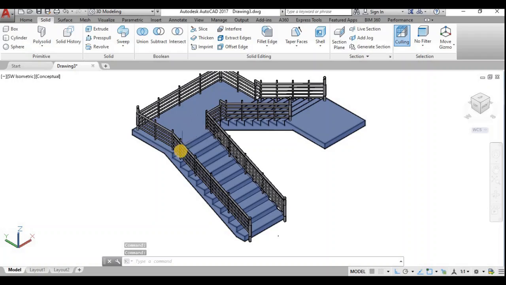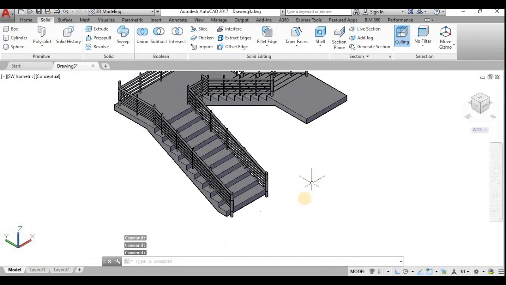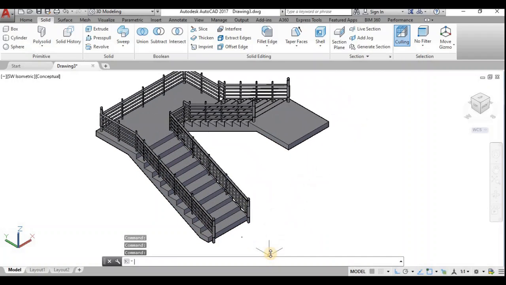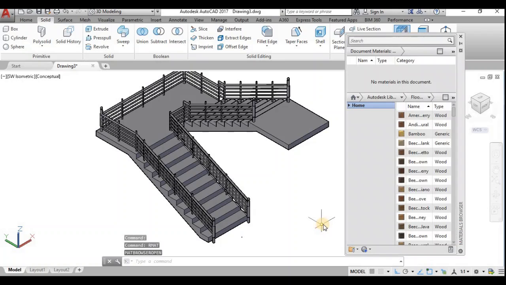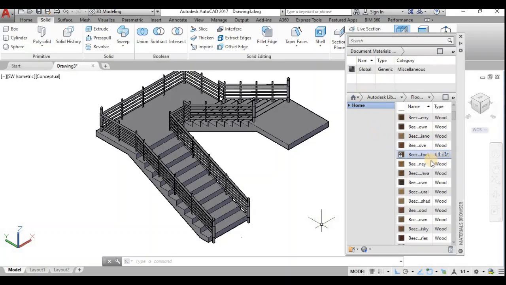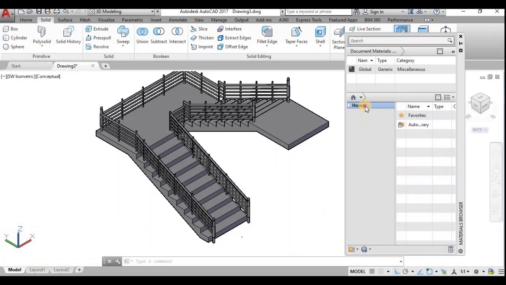Now we can specify the material properties by using the command rmat. There is a dialog box. What is meant by rmat? It is nothing but opening the material browser. Now I shall choose some of the libraries.